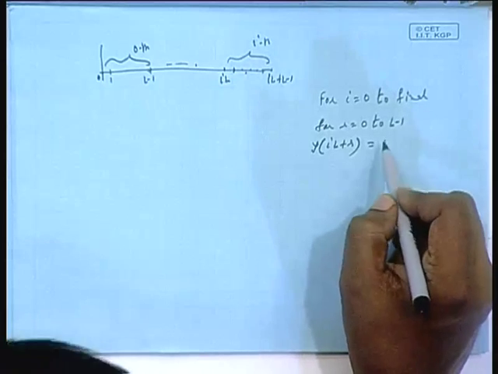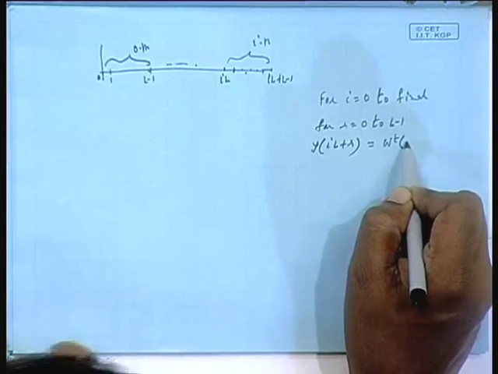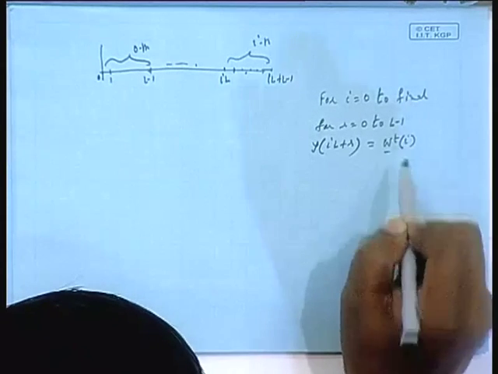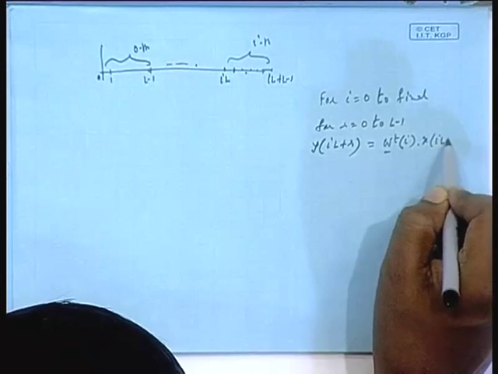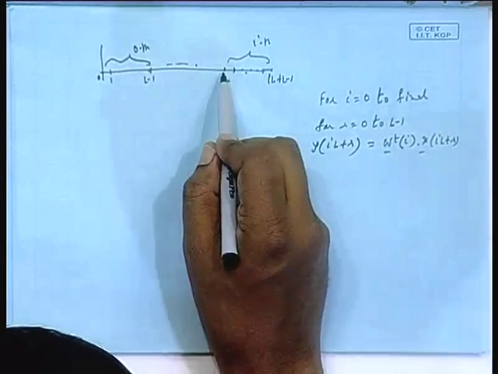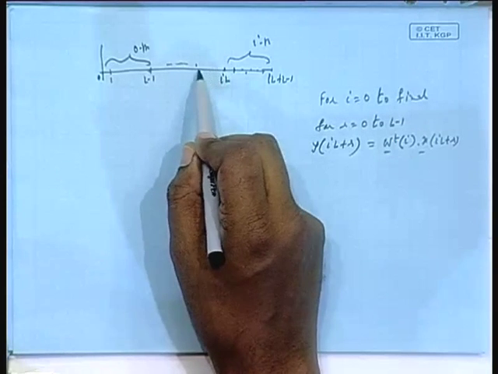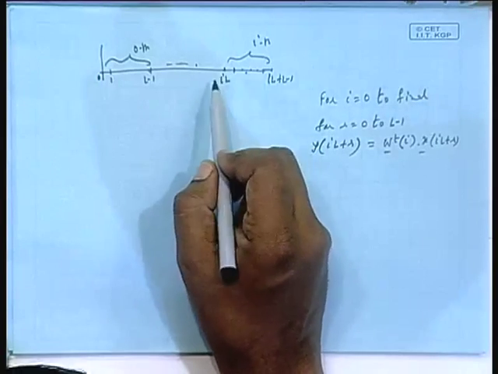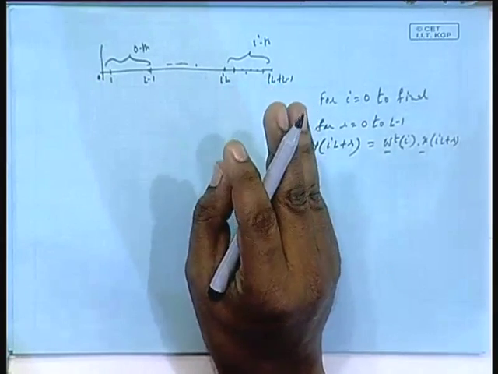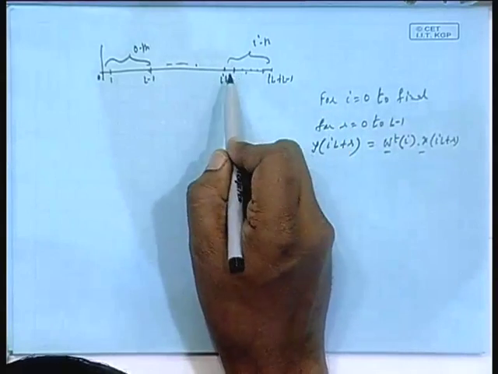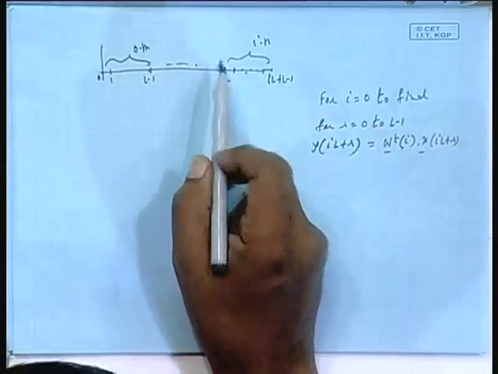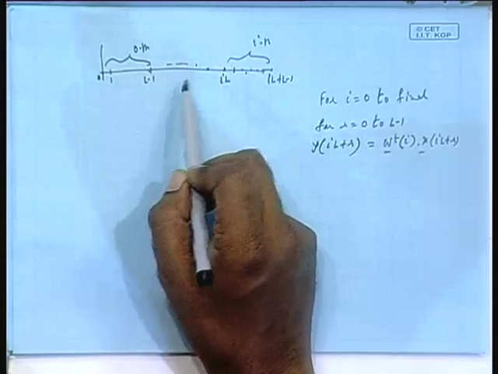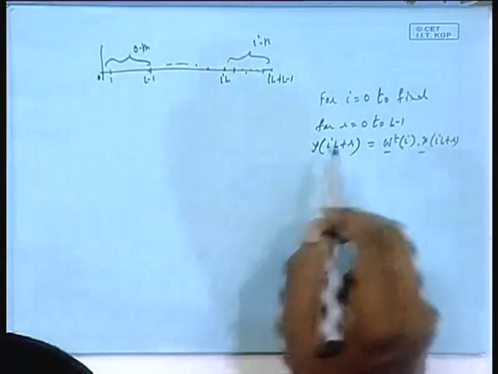Filter, what is the output? Output is W transpose times the data vector at IL plus R. It is not W at IL plus R, because that is constant for the block. That is the difference. And remember, when R equal to 0, you have data not only from here, but from the last N minus 1, capital N is the filter length, N minus 1 data from the previous block. So, you have to have those data stored also. Then here also progressively less, but you need to have a maximum of N minus 1 data, the last N minus 1 data of the previous block stored. So, this is your output.